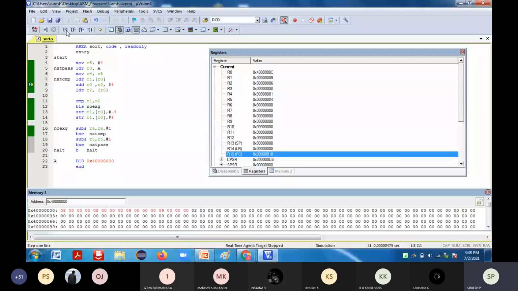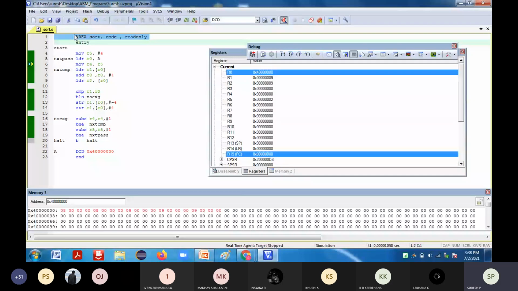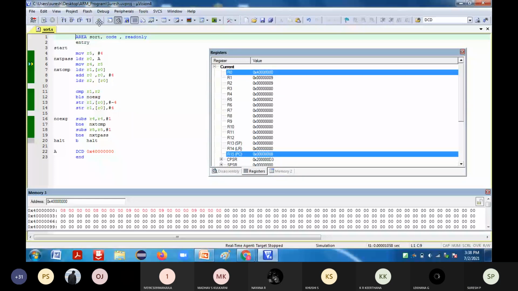Next, again it is starting from the beginning. It is going to move to the end now. Just a minor mistake is there. I will come back to you.